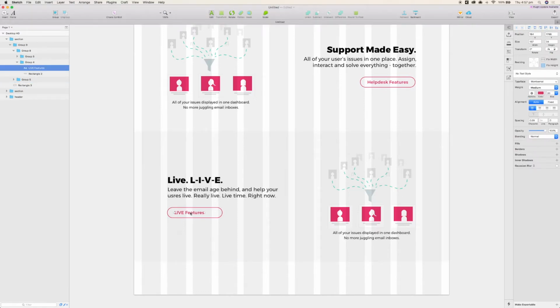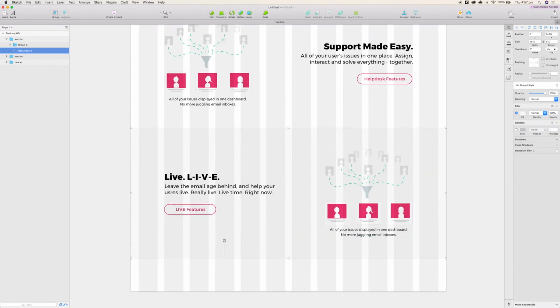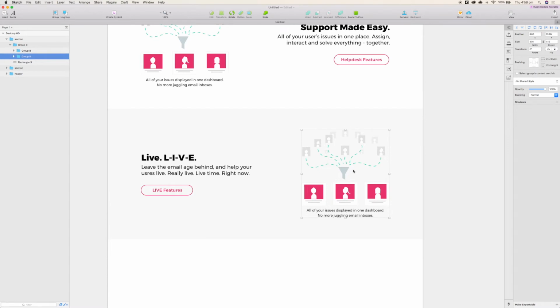Again, I won't bother showing you. And then just shrink the size of the button, just so it's got some nice padding around it there. And that's our second section done,